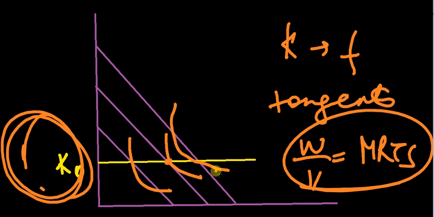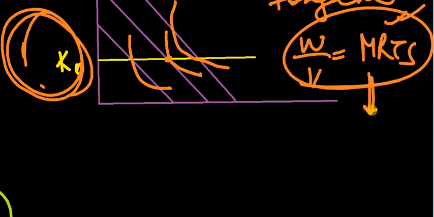So in the short run, you may or may not get an equilibrium condition, whereas in the long run I can always find the tangency condition. This tangency condition gives you a certain value. Just to give you a solid example, say when I solve W by V equal to